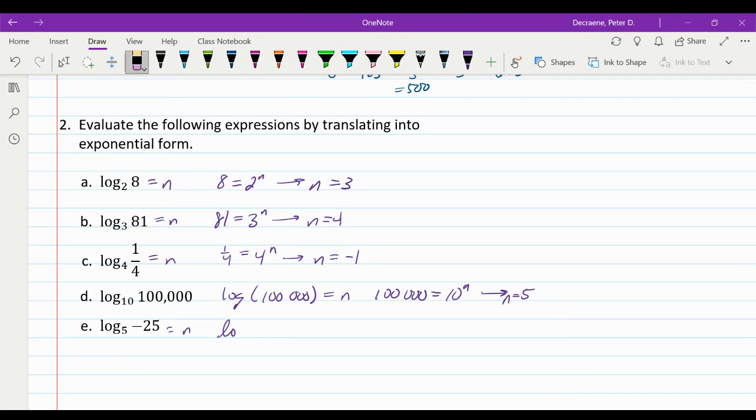This one, if I make it equal n, I'm going to translate to exponential, because 5 is the base, -25 is the power, n is the exponent. So -25 is equal to 5 to the n. And you notice, how can I raise 5 to a power and get a negative number? We can't do that. So this expression, log base